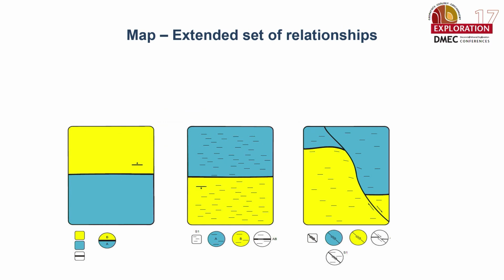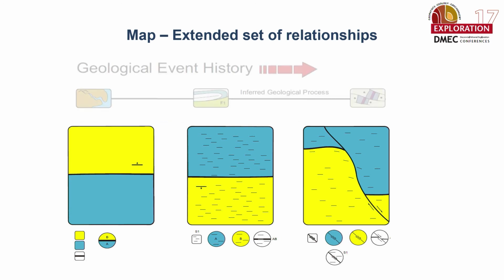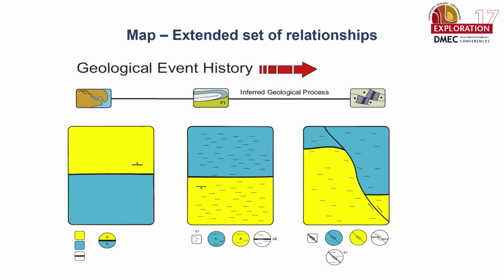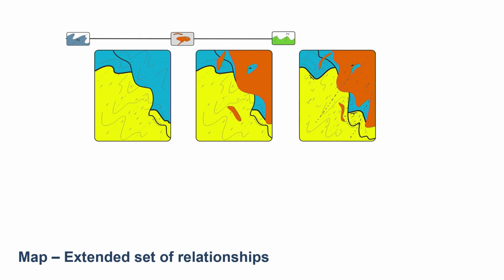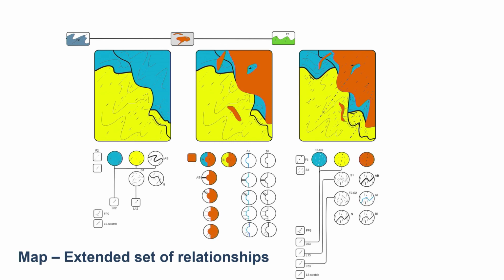So just to hammer home the point, you have a set of map relationships very early on in the game, very simple to understand. And then we can encode them in terms of events and relationships. As we go along in the geologic process, we get more and more of these, but we retain all the relations that have occurred previously, so that in the end, we will be able to extract these and use whatever algorithms are appropriate for each stage of